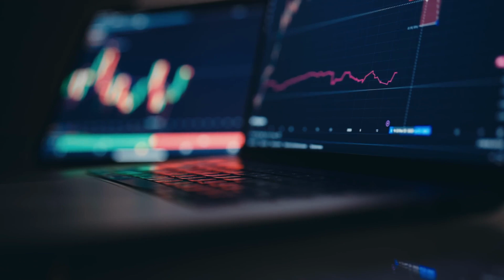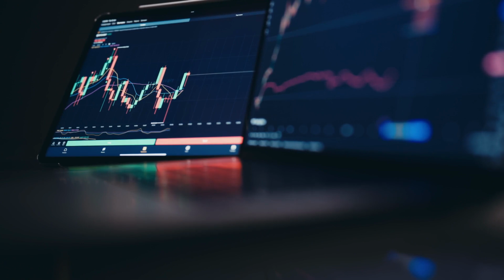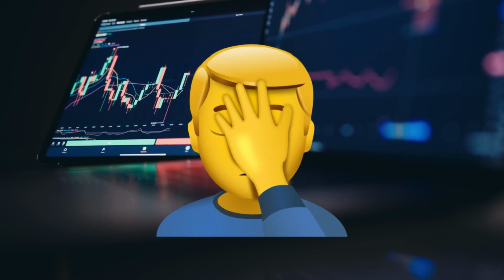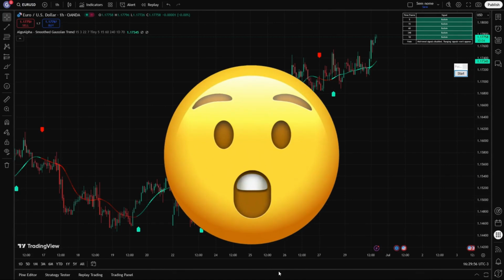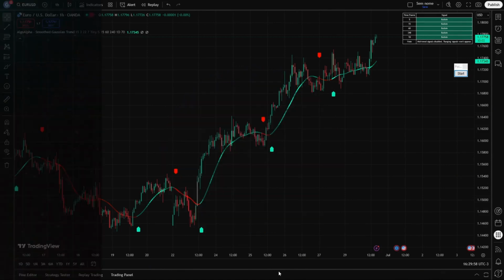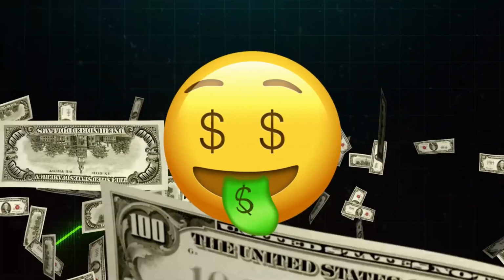Have you ever found yourself entering a trade without knowing if the market is trending or just moving sideways? Today, I'm going to show you a powerful TradingView indicator that can help you not only identify the market's direction, but also know when it's best to stay out. And more than that, I'll show you a strategy that relies on pullbacks to help you use it together with